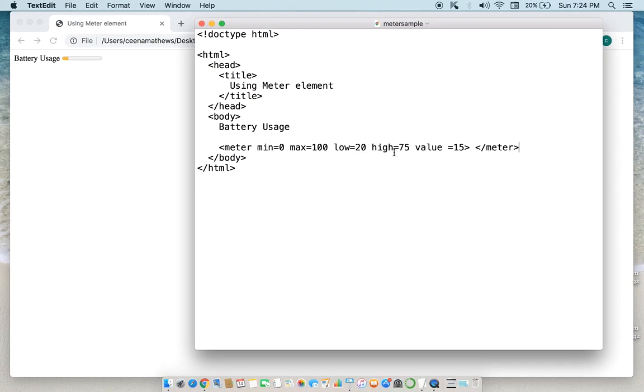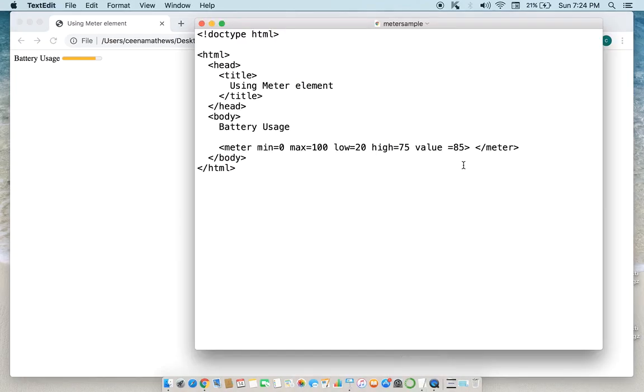And if I give here another value, okay, this is how it shows. We'll again change it to 70.